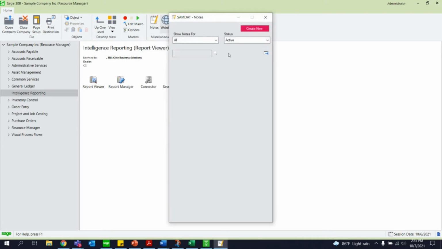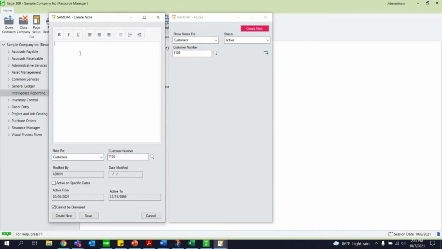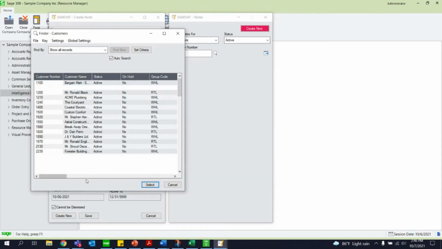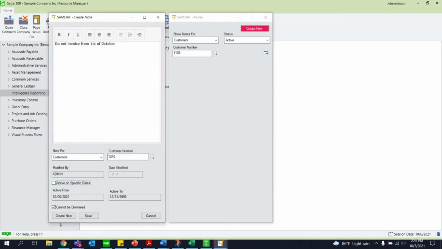Similarly, the other function that I want to speak to you about was the notes function. So here again, you can have different notes. You can search notes by the customers if there are any particular notes, or you can add a particular note. So for example, let's just create a note. Hypothetically, you can select it for one particular customer. Let me just set it for the country yard. And once you add it, if you want to have it active for separate dates, you can do that as well. And once you have created it,